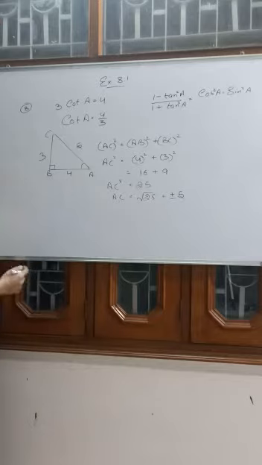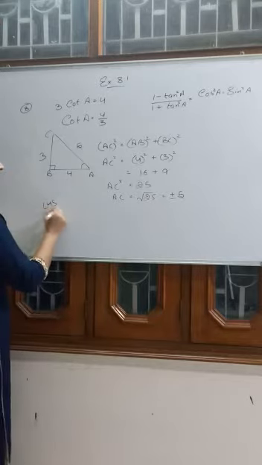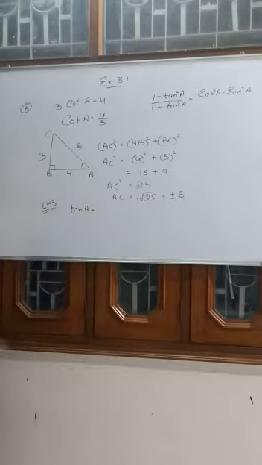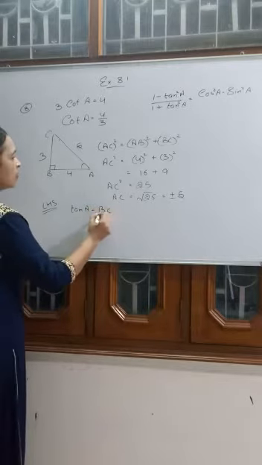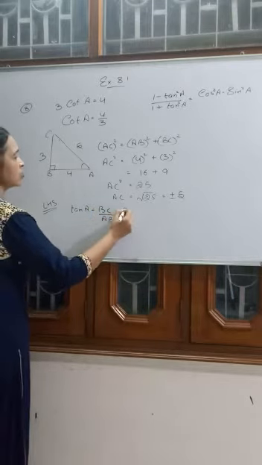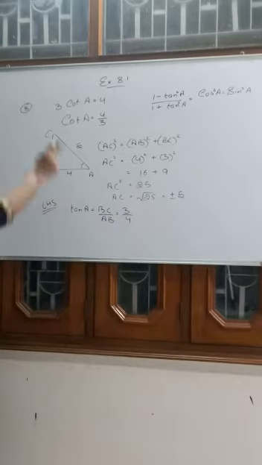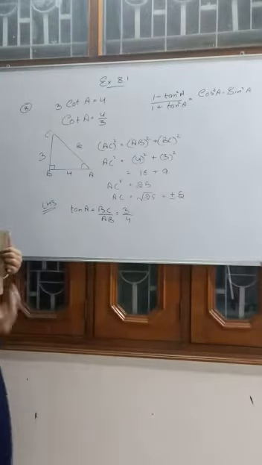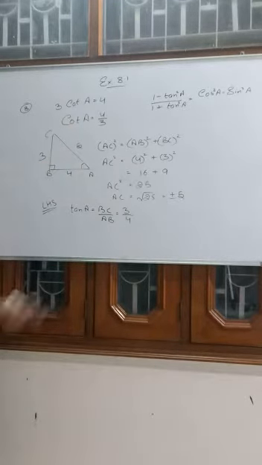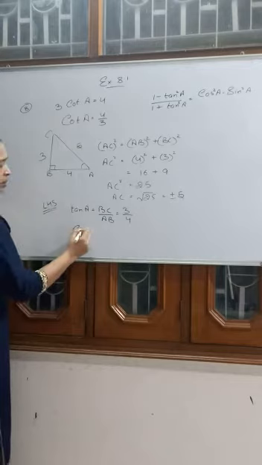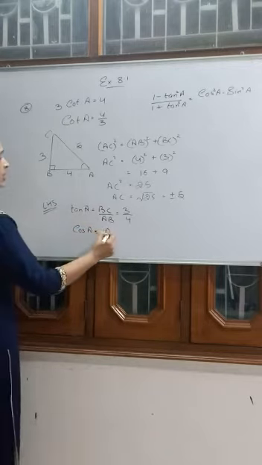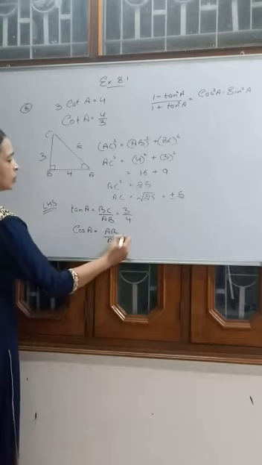Now we will first check the left hand side. What is tan A? Tan A is opposite side upon adjacent side, that is BC upon AB, that is 3 by 4. We can get tan A from here also, because cot A is 1 by tan A. Another thing we have to get is cos A. What is cos A? Adjacent side upon hypotenuse, that is AB upon AC, 4 by 5.